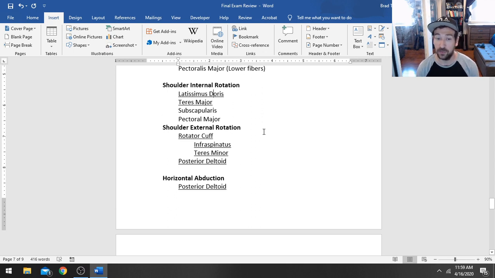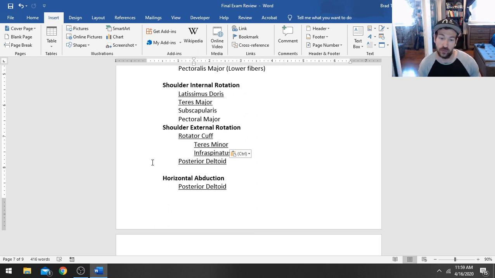That internal rotation primarily is going to be your latissimus dorsi and your teres major, which is the larger of the two teres muscles that ties to the front of the humerus and therefore rotates it inward, right? For shoulder external rotation, you're really going to want to focus on your rotator cuff, which is made up of your teres minor, so that's a really important one, and your infraspinatus, just a little tiny itty-bitty muscle that runs inferior to the spine of the scapula and grabs the back of your humerus so that it